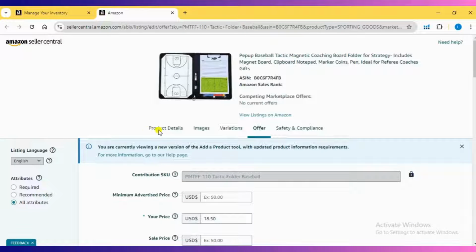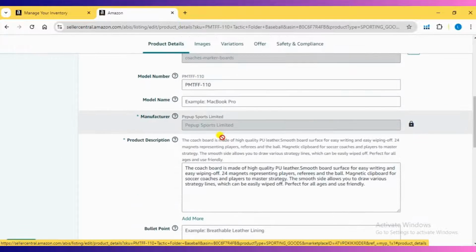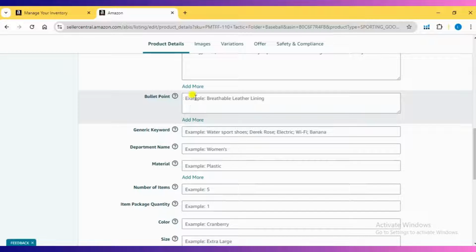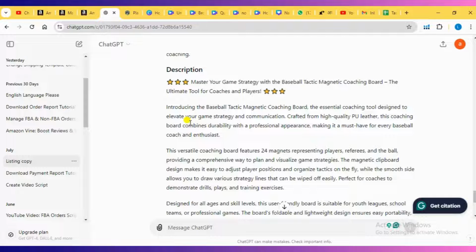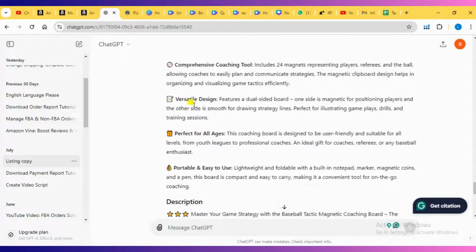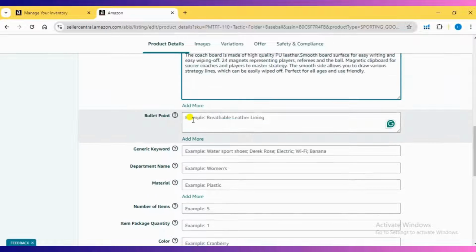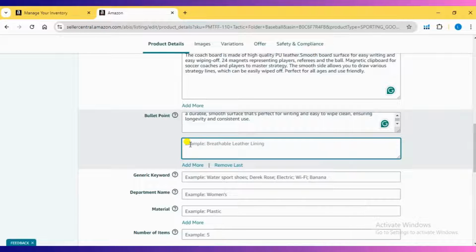Now, make sure you're on the Product Details tab where you'll find the fields for the bullet points. To update a bullet point, simply click inside the field and type in your new content. Make sure each bullet point is clear, focused, and highlights a key feature or benefit of your product. Remember, you have a limited character count, so be concise and use relevant keywords to help improve your product's visibility